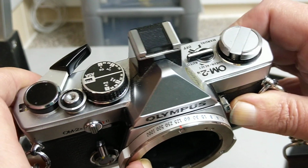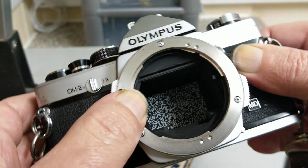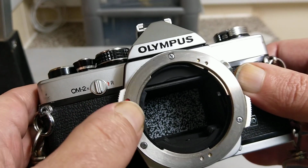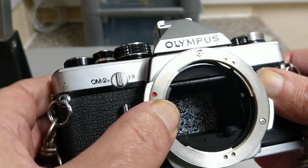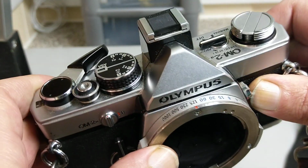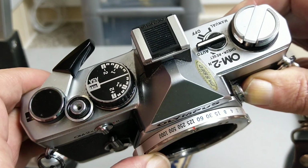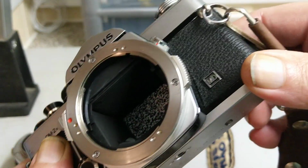This was the first one to do it. It was the OM2. Like I say, this is a slightly revised version. This has longer timings, whereas the original OM2 went to 60 seconds. This goes to 120 seconds or 2 minutes, which is quite a long time, through to 1,000th of a second. Very simple camera. On the front here,